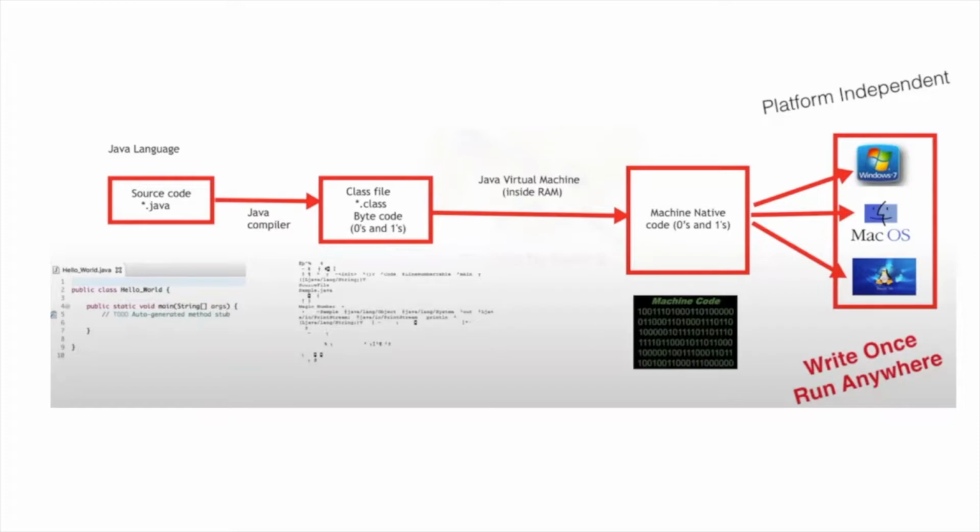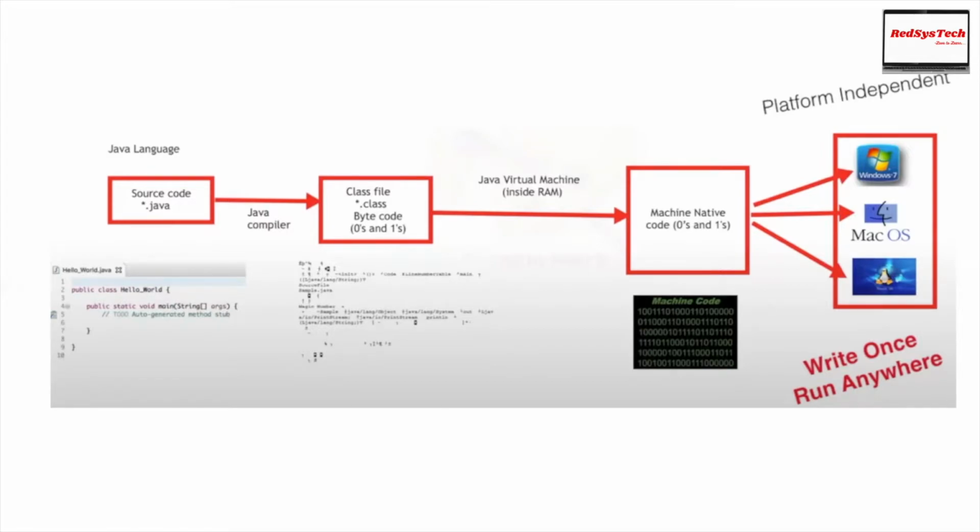So there is a concept in Java called JVM. If I say Java is way different from other languages, that is because of JVM. That is the heart of Java. If anyone asks you in an interview or even in the real world why Java is more powerful, you can always say that it is because of JVM. The JVM is the one that sits in your RAM and converts into zeros and ones that will execute the program on the platform. That is why it is called platform independent.